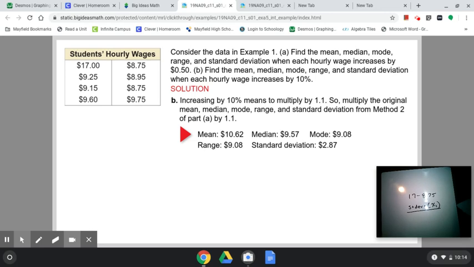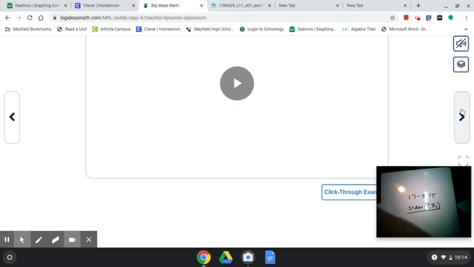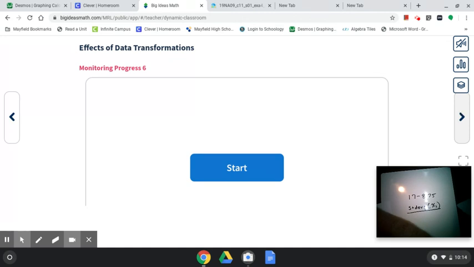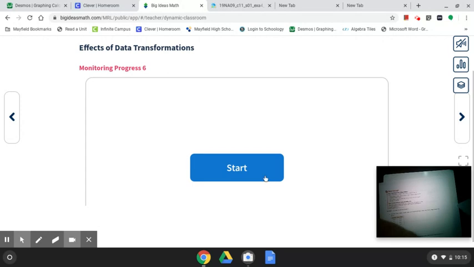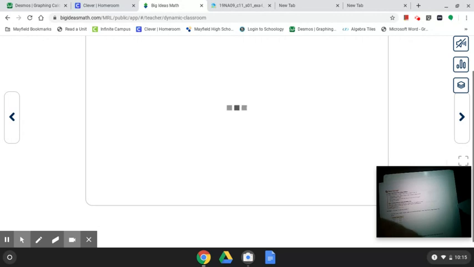Now, if we're going to look at example 6. Oh, they don't have example 6 on here. So, excuse me, that's a monitoring progress. I'll actually go back to that because I do want to go over that with you guys. So when you look at monitoring progress, if this ever uploads,